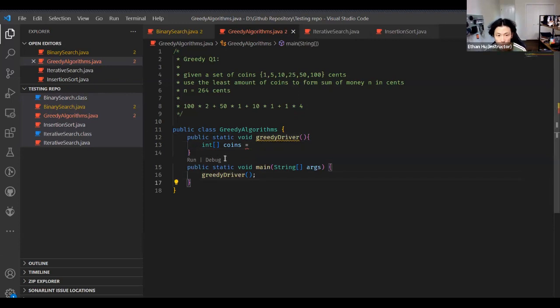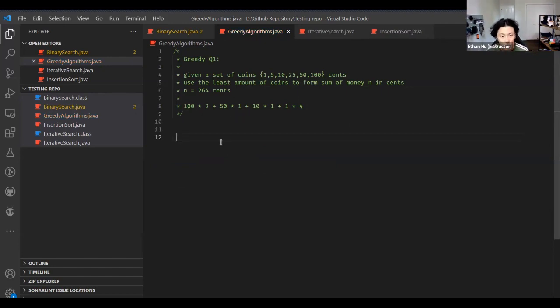Actually, seeing how much time we have left, I'm gonna leave this algorithm for practice and then we'll move on to the second part of the greedy, because there's quite a bit of stuff related to greedy algorithm in general. All right, so let's take a look at some possible scheduling problems. So many problems related to making a schedule or scheduling something can be solved by a greedy algorithm. So given, I guess, greedy number 2,